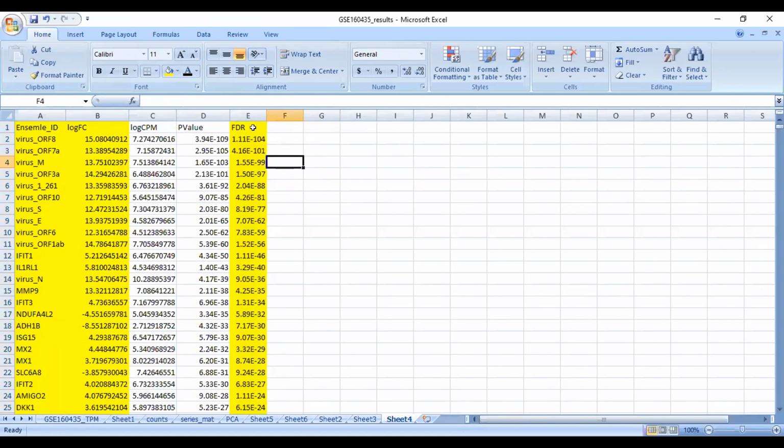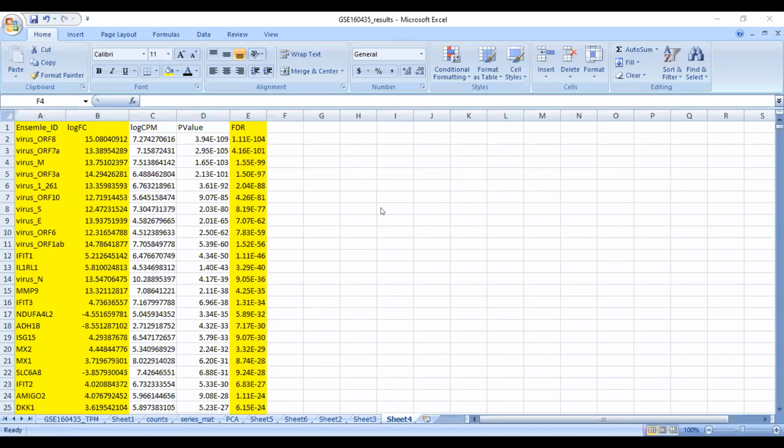With the FDR, the first column, we need to identify whether a particular gene is statistically differentially expressed or not, right? So we need to consider FDR values. Can anybody tell me how much FDR is considered statistically significant?